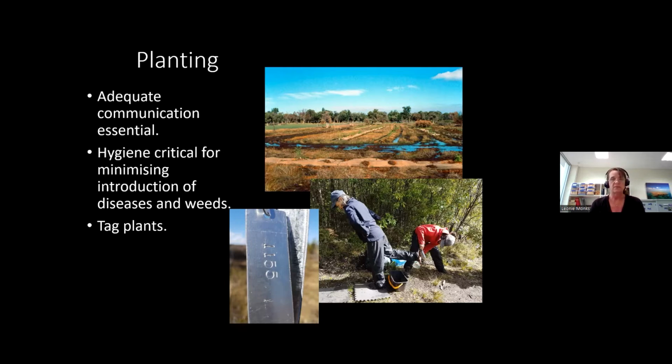And the other thing is reiterating again about the importance of tagging or marking your plants in some way so you can keep track of individual plants and the information where they came from. And this may become far more important than you realise later down the track if things like taxonomic changes occur. But it's also important in just keeping track of survival and other aspects of plant health and growth over time.